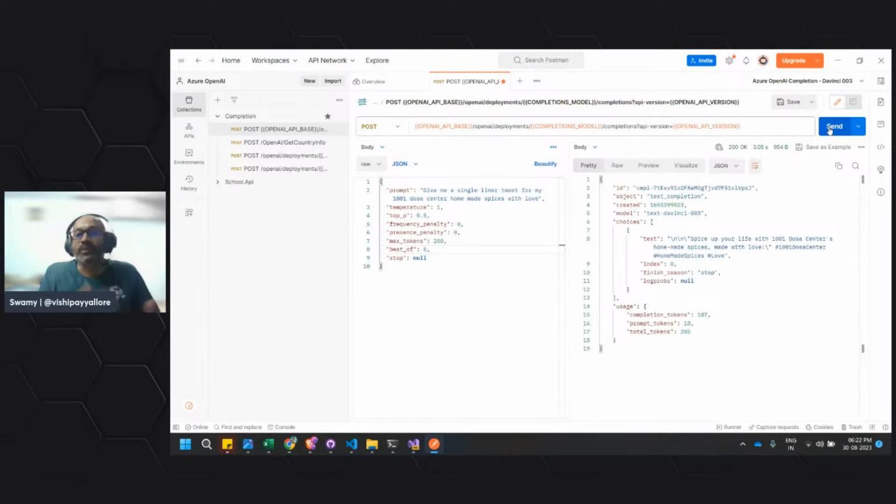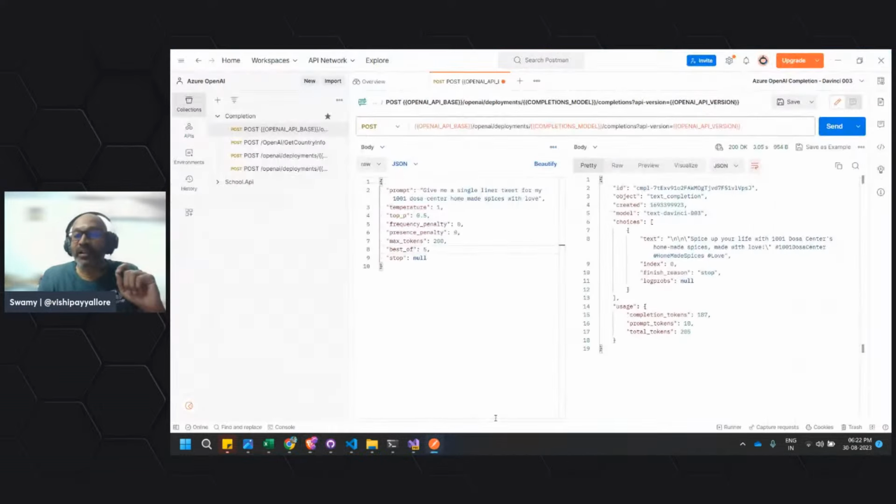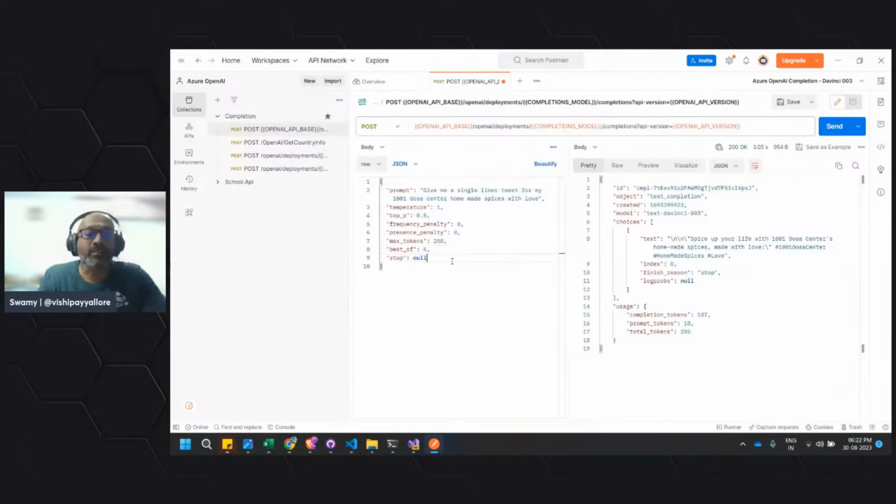So it generates 5. But see this, the max tokens here for the same thing, it shows 53. But originally, as I was mentioning, it charges for the generation, how many items it is generating, not the one which we are seeing here on the screen. Okay. And top 5 we have seen, best of, and there is one more option called n.